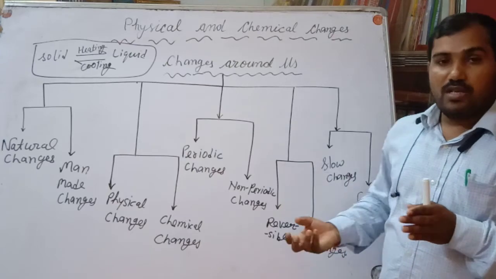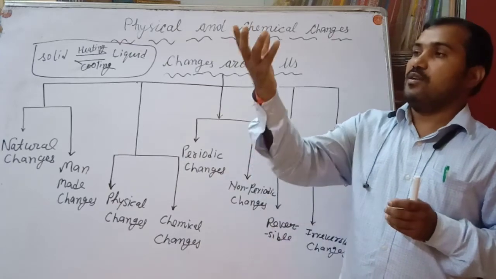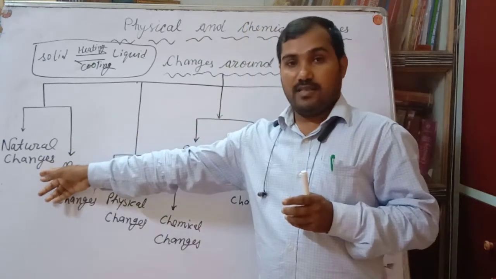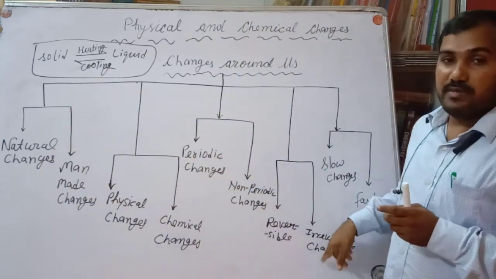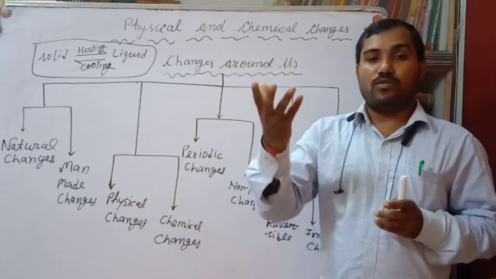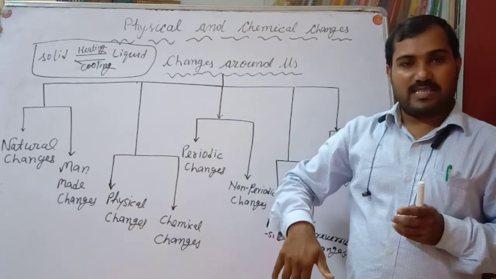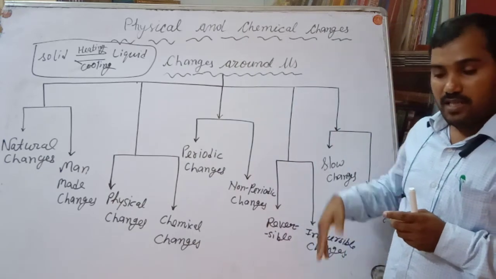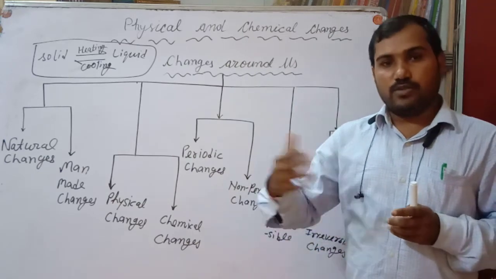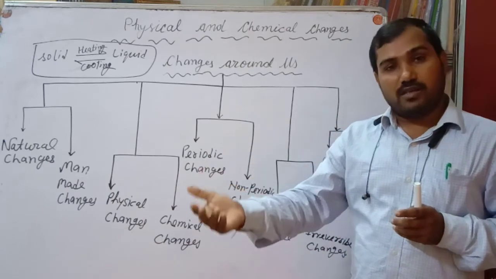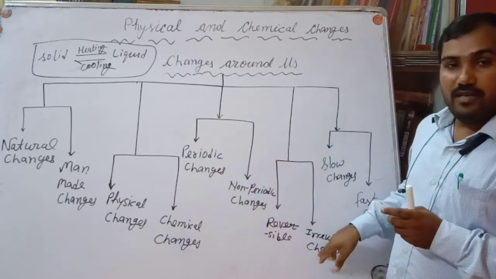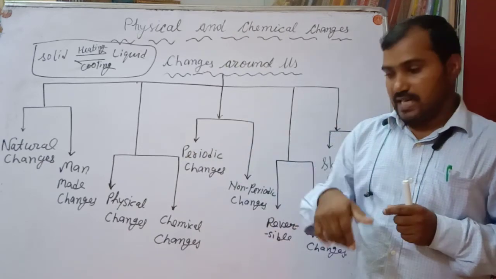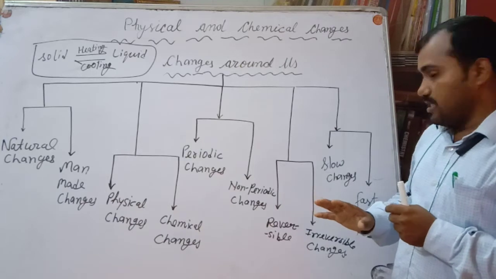Irreversible changes, suppose growing up of plants. Once a plant grows, growing up is a natural change, and it also comes under the irreversible changes, because as the plant grows, it will not come back into its previous state, it cannot become small again. Similarly, formation of milk to curd. Milk to curd is an example of irreversible changes, because that curd will not come back into milk. That is the irreversible changes. Is it clear, my dear?